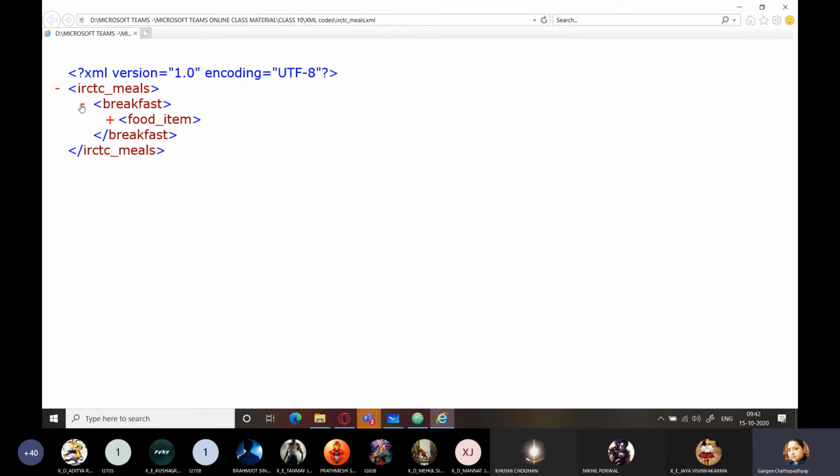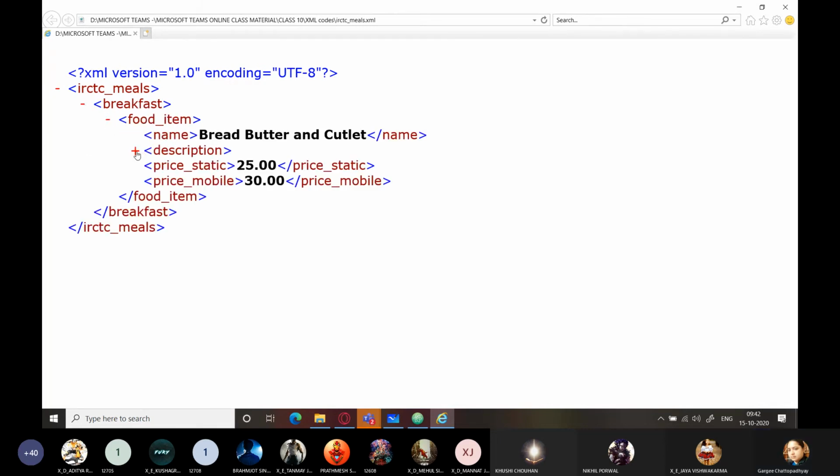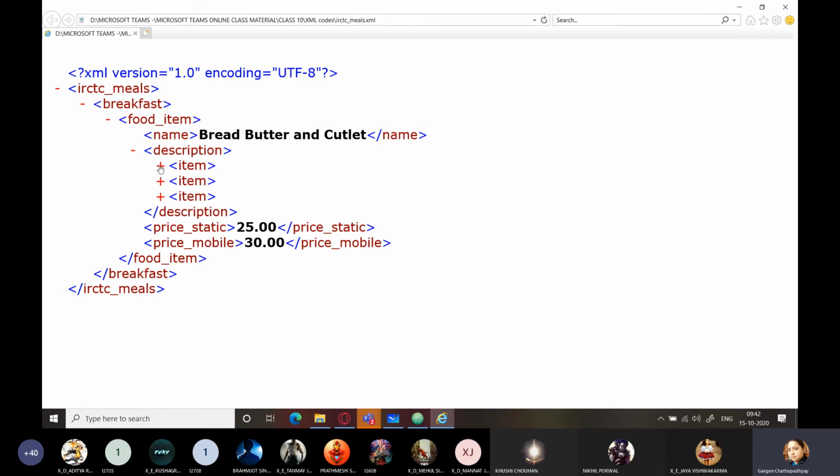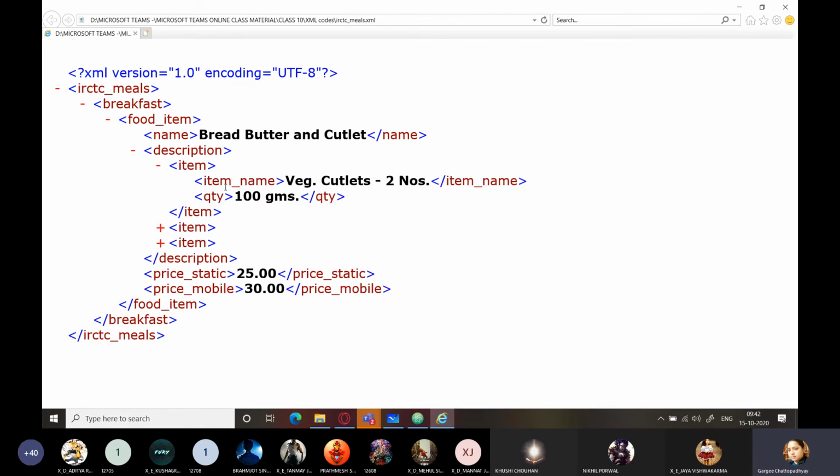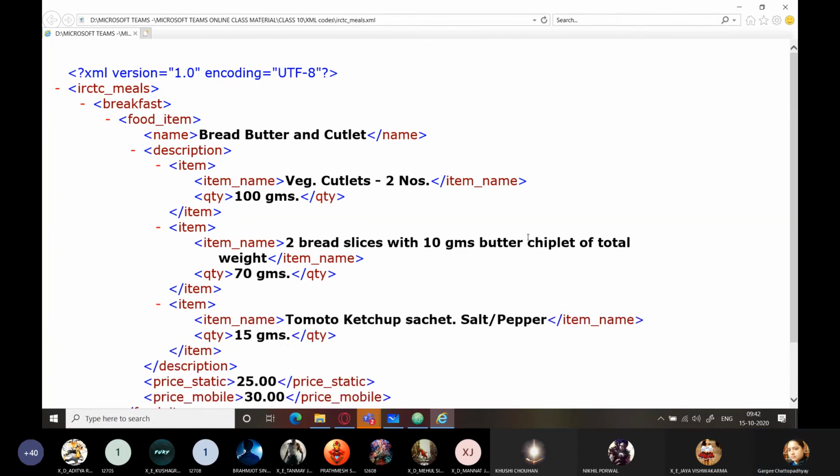Food item comes under breakfast, and breakfast comes under IRCTC meal. So you can just see, description contains three items. Expand each item, you will get its item name and quantity. Is this clear to everybody? This is one breakfast item which we have created.